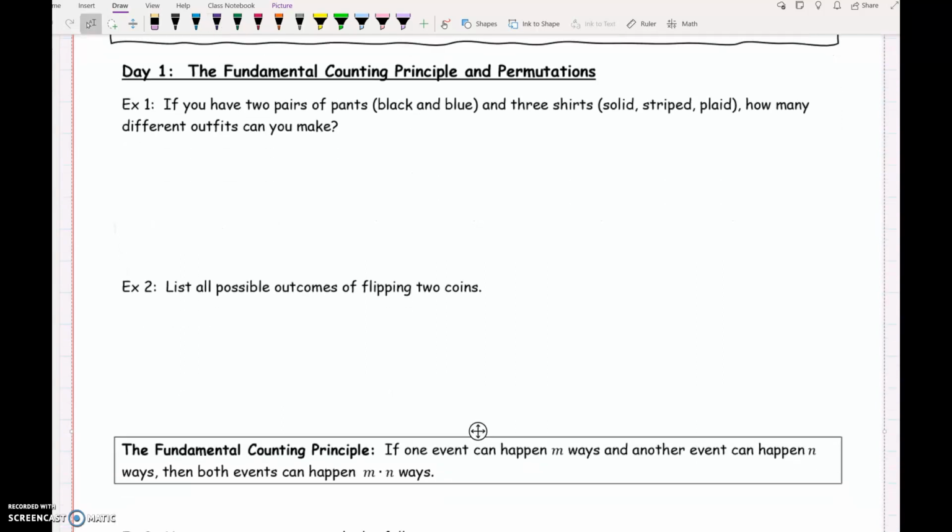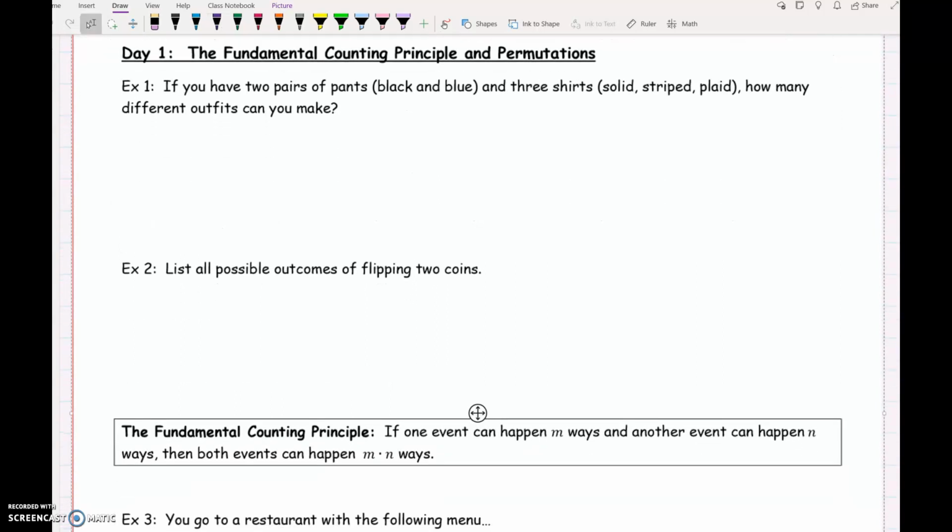We are starting a unit on probability, and the first day or two of probability, we actually aren't going to do any probability. Because first we have to figure out how to count things. So we are going to look at the fundamental counting principle, permutations, combinations, all different ways that we count how